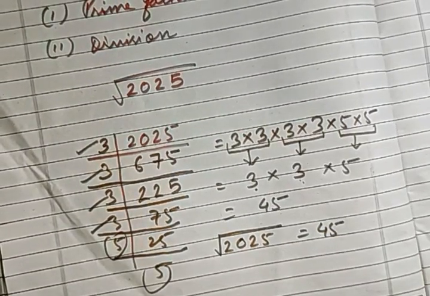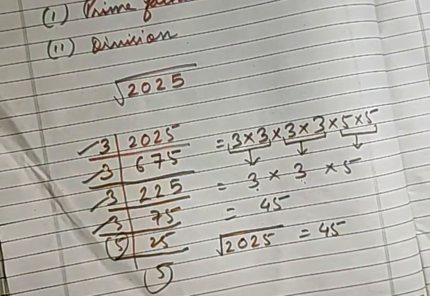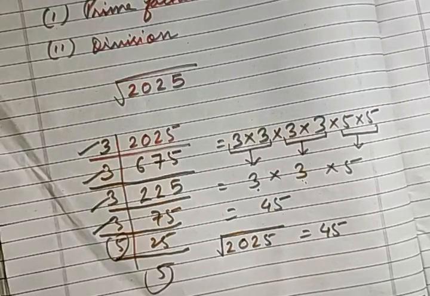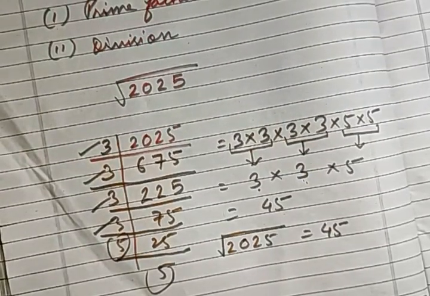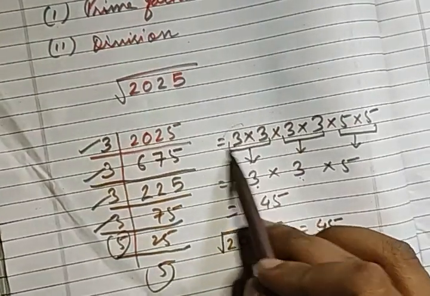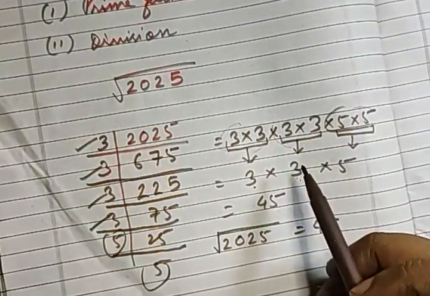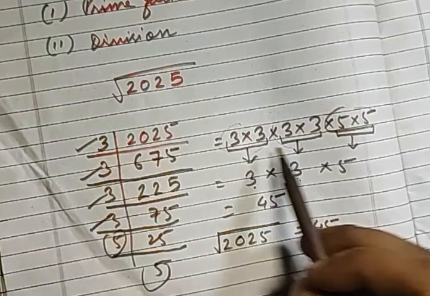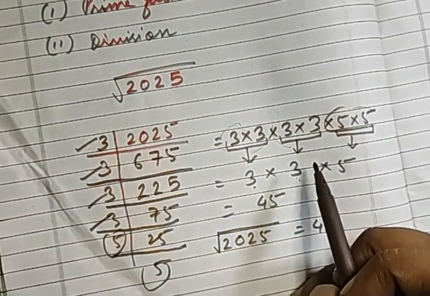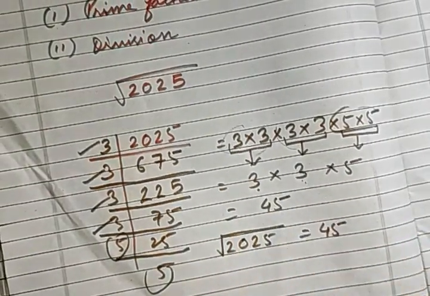Okay, so in this way we have to know the things. So it is clear to you, I guess. Okay, so in this way for different numbers you can do the thing. Whichever number is a perfect square, it will always have pairs like this. When you factorize, you will get that they are having pairs like this.